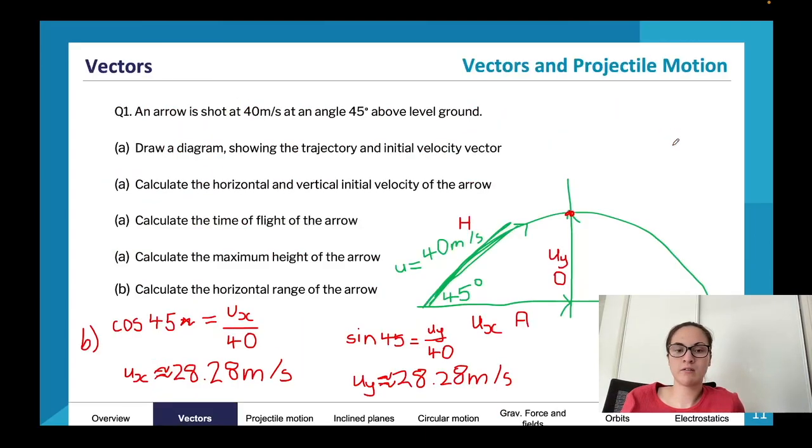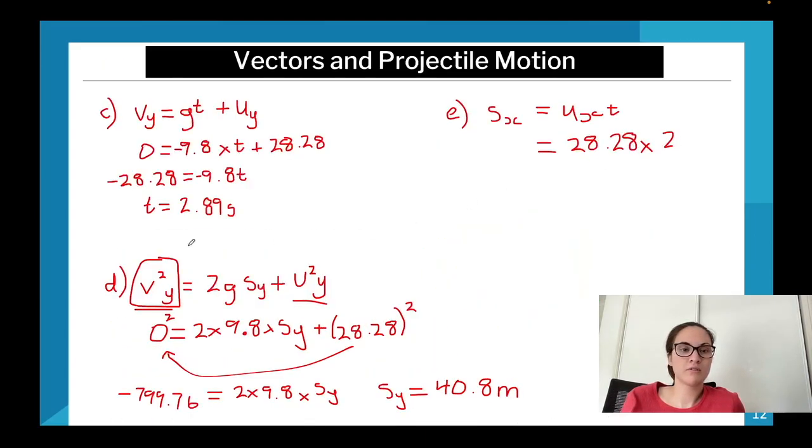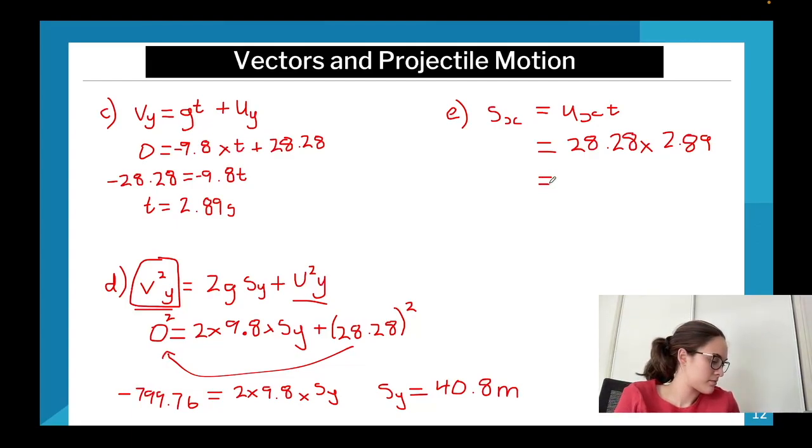Oh, it's literally right there. Yep, 28.28 times 2.89, and this will give us our horizontal displacement. Yep, so our horizontal displacement will be 81.73